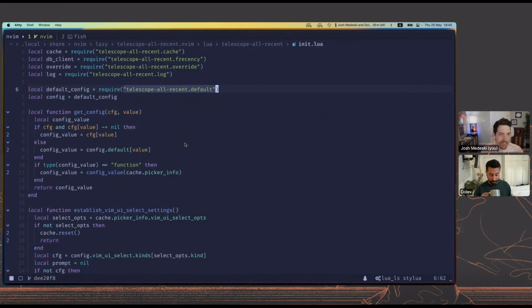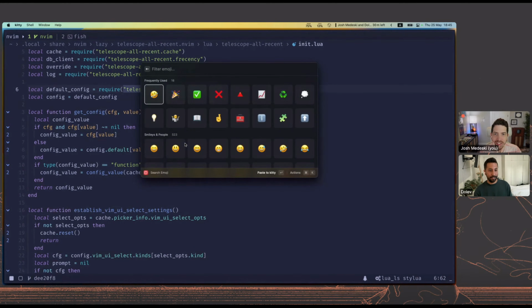My emoji picker is different than yours. Yeah, what is it? No, I mean, I'm using Raycast, but I don't have the tile thing set up yet. Is this a different plugin? Oh, this is the search emoji plugin. Interesting.